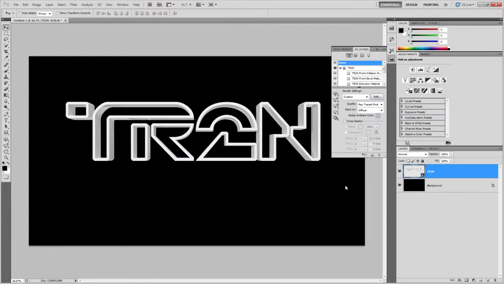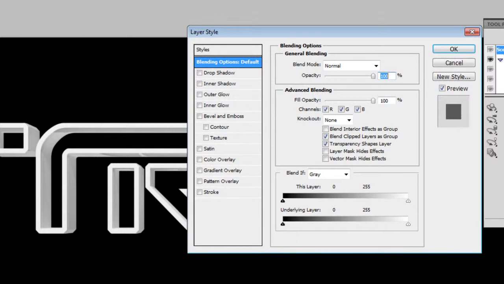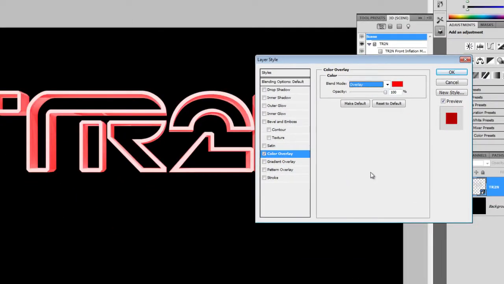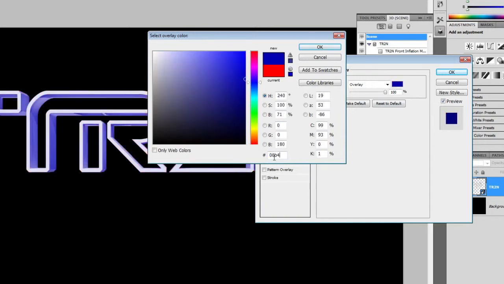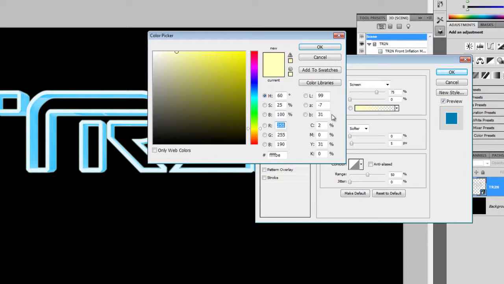Now we're going to apply some layer styles to give it a glow. Right-click on the TR2N layer, then choose Blending Options. Select the Color Overlay option, then set the blending mode to Overlay and color to 00B4FF. Select the Outer Glow layer style, then set the color to the same color we used earlier,